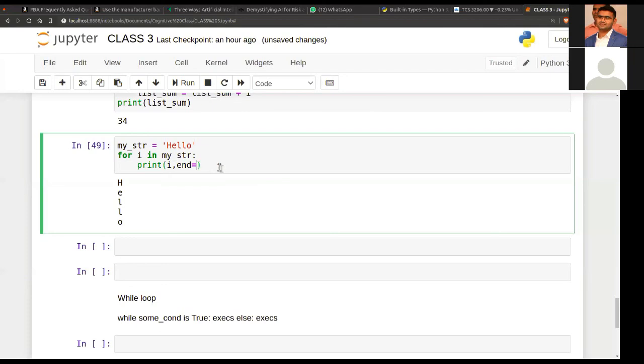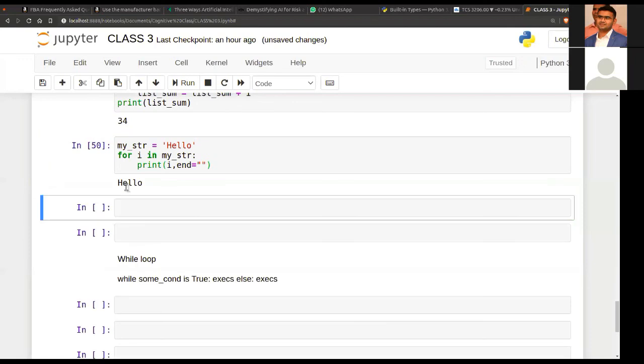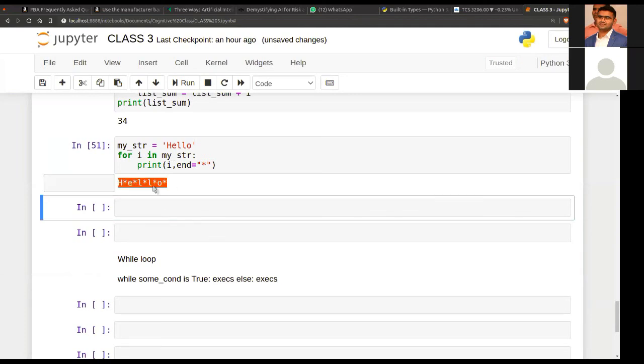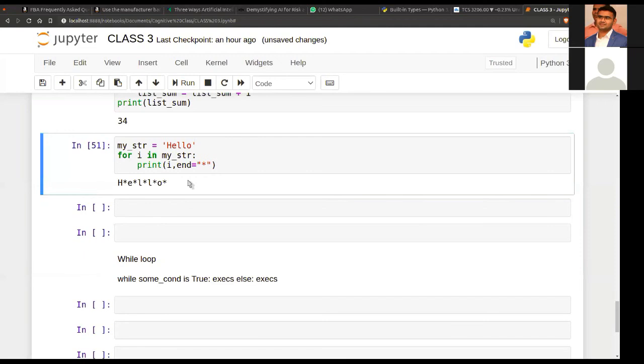If we change this, we have everything in one line. We can leverage this when we want to draw or write something in a pattern, like a pyramid pattern. Suppose we can also put some symbol over here. No worries, you see, we have a symbol. This is something you can use.